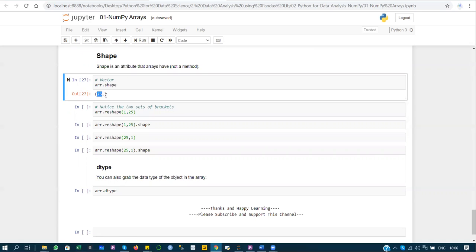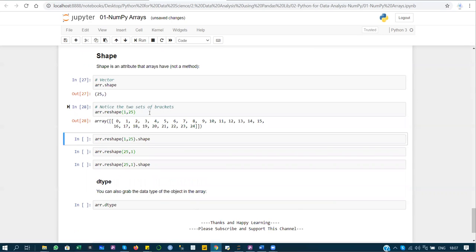It is blank for the column because this is a vector. Now I'm going to reshape this vector to 1 comma 25.